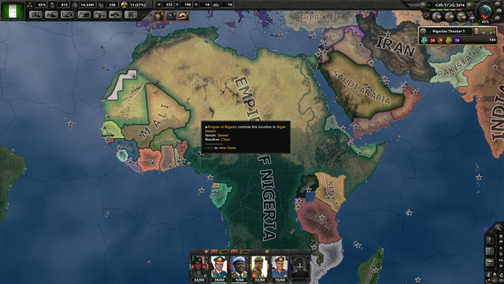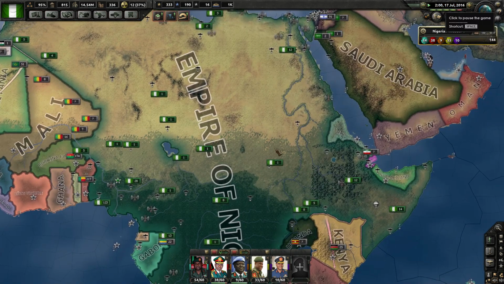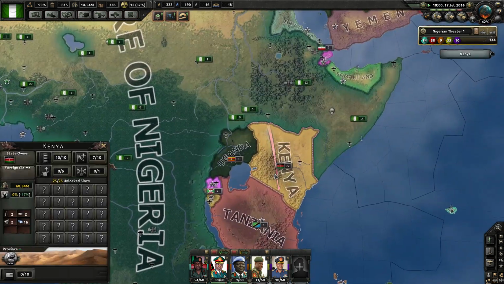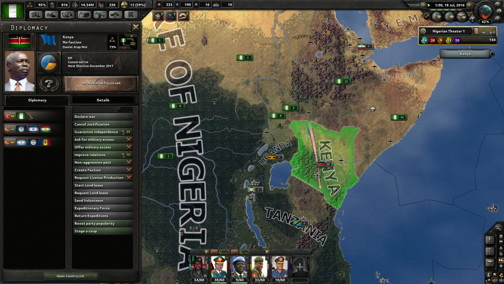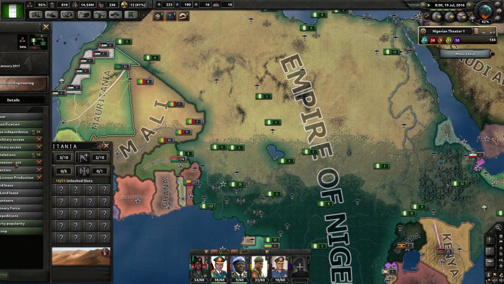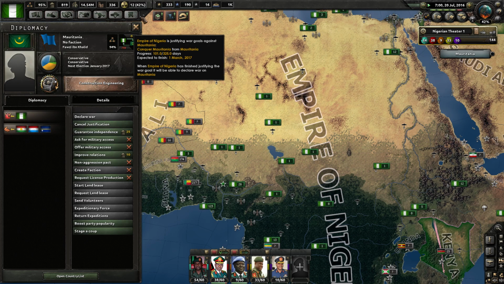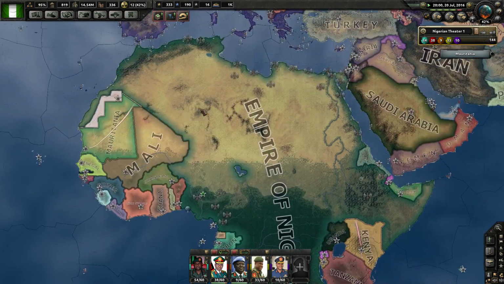Today I've got some more Hearts of Iron 4. We're playing as Nigeria here in the modern day mod. Let's keep it going. Last episode we were building up towards our next invasion here in Kenya, which only has about 45 days or so until completion, and so we're going to look to move in on them as soon as possible, and then 225 days left over here against Mauritania,